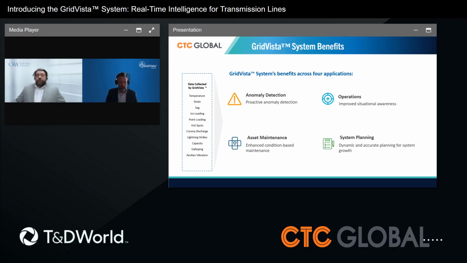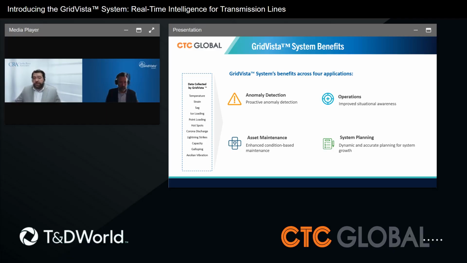When we started looking at the system, we looked at event detection, and the system can provide precise real-time continuous line ratings and enables proactive detection of anomalies. Environmental sensing and alerts that are applicable to wildfire indication are also included within the system. And then there's a capability of integrating with data historian to enable post-event analysis. On the operations front, granular, continuous, and real-time AAR and capacity measurements are a part of the system.